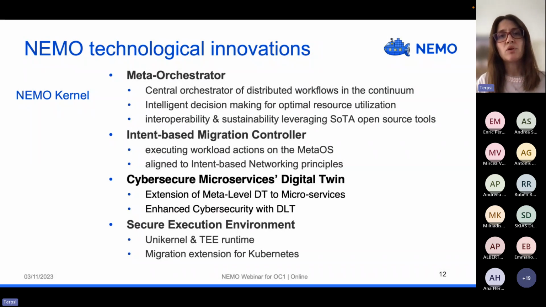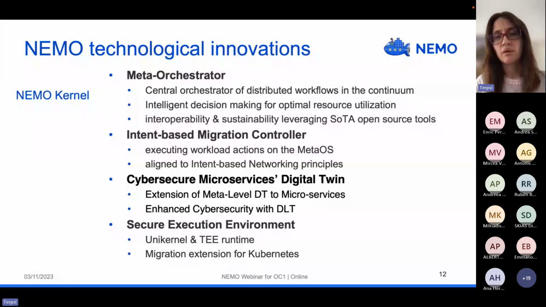The intent-based migration controller is actually the software counterpart that applies the decisions of the meta orchestrator. So it executes the workload actions and it is also aligned to intent-based networking. The cybersecure microservice digital twin is an extension of the digital twin concept into the microservices world.